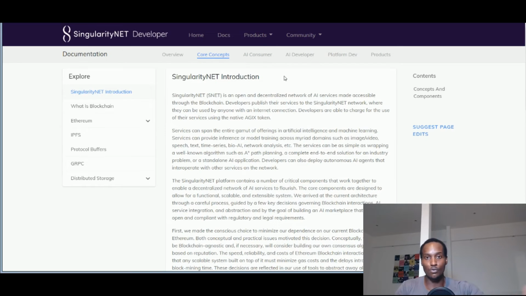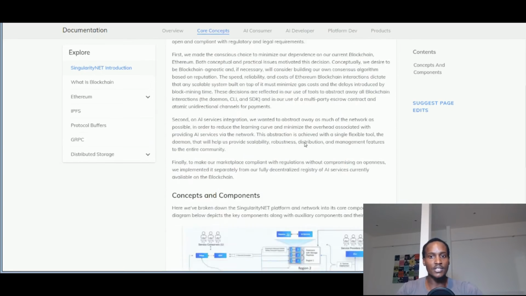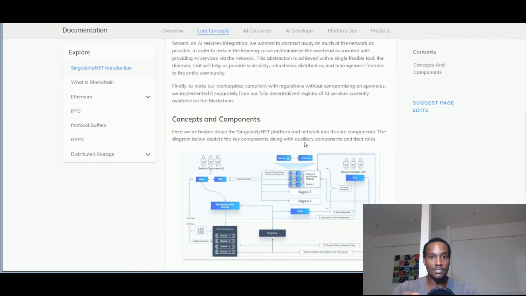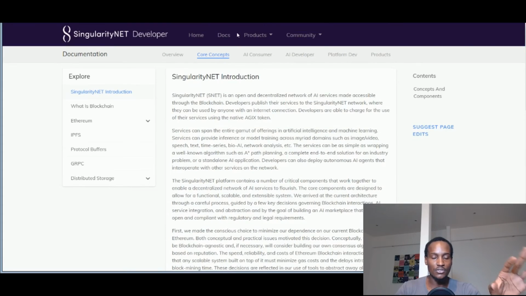So this is a document. Of course, I'm not going to read it, but this is a highly focused part of the website that helps to summarize all those products that we just talked about. This is dev.singularitynet.io/documents/concepts/overview/AI consumer/developer. So you don't need to read the white papers. You can just come here and get the summary of what they're trying to do and what they're doing.